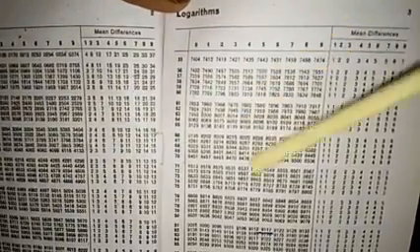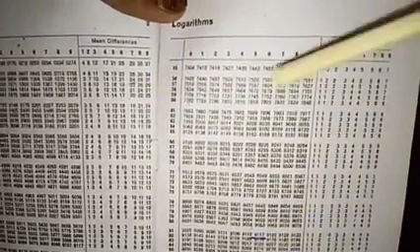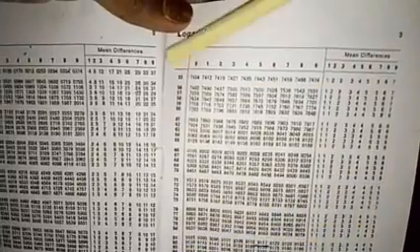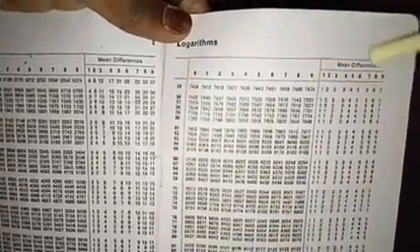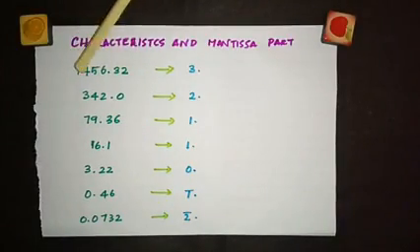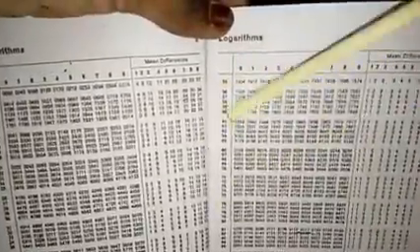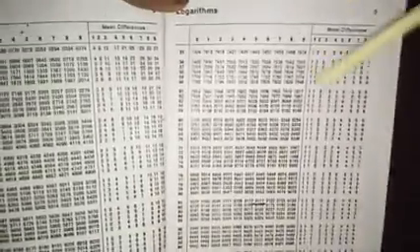All of you would have seen a log table. See, this is a log table. It has 3 parts actually. This is one vertical part, this is a horizontal part, and this is the mean difference part. When you have 4 digits, for the first 2 digits, you have to look into this vertical part. For the third digit you have to look in the horizontal part, and for the fourth digit you have to look into the mean difference.